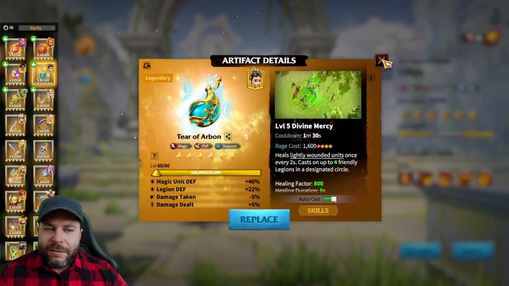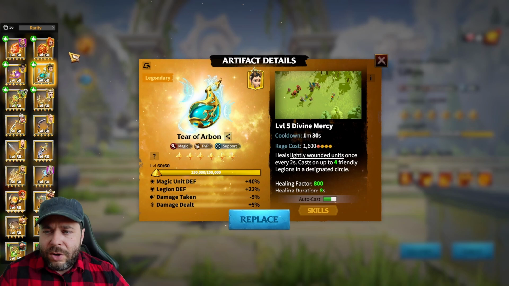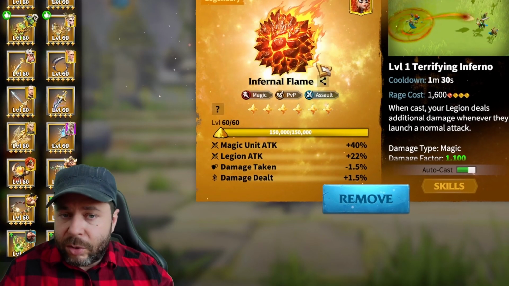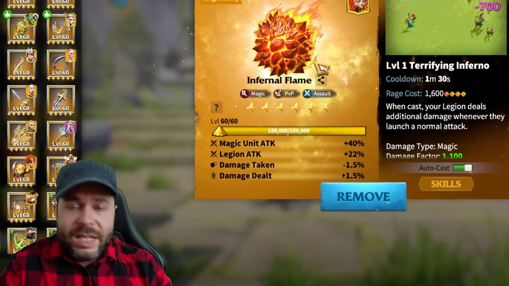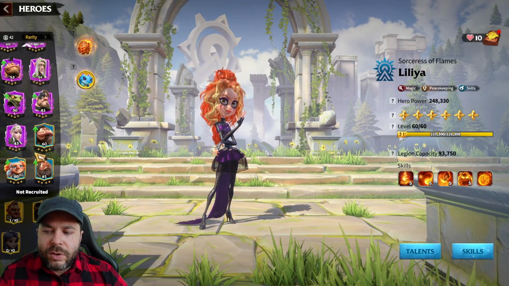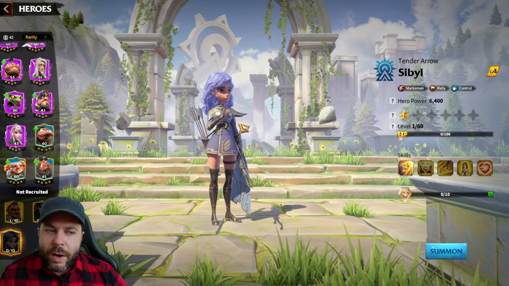And the only artifact I think that is for a specific hero is actually this one. So if I make a video for Lilia, I'm going to say this is the best artifact. This is the artifact for Lilia. But for the rest of the heroes, I think a suit artifact is going to fit very well with a